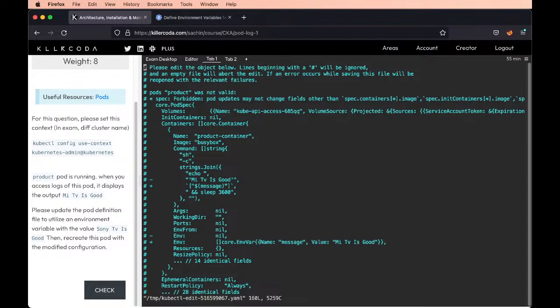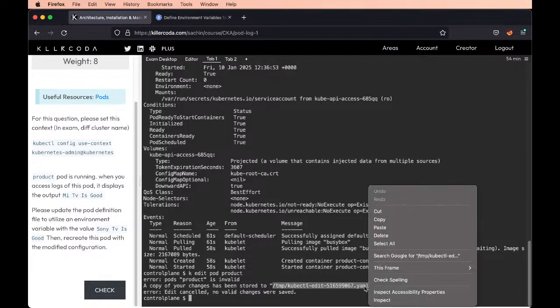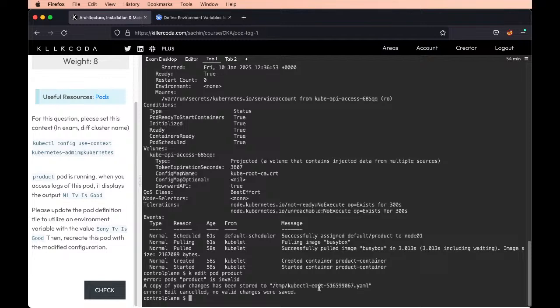Does it have any error? You can also use the replace command, but I won't be using replace because it kind of deletes the pod, and if anything is wrong,